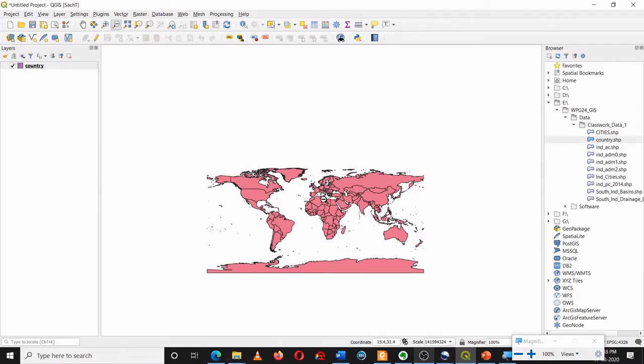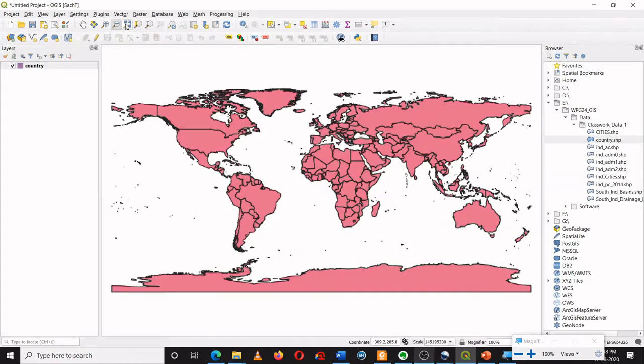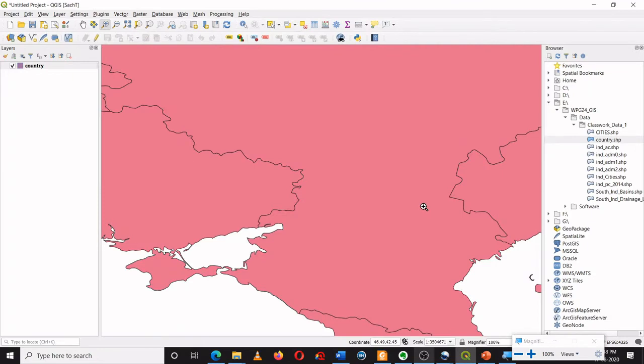But let us say if I want to see the entire map extent, the option is available over here, which is called the zoom to the layer, zoom full. So once I click this, I can see the entire map layer in one go. For example, I am just repeating this function. I am just zooming in, but I want to see the entire map extent. I can click over here.